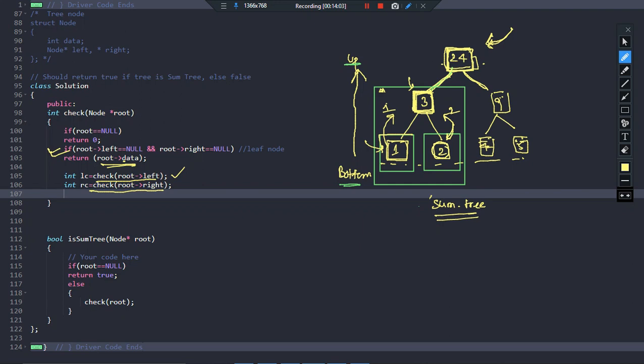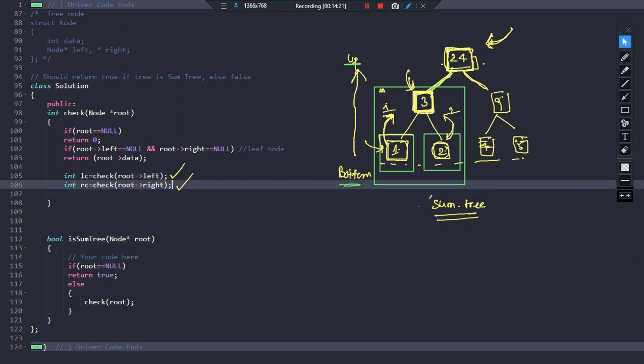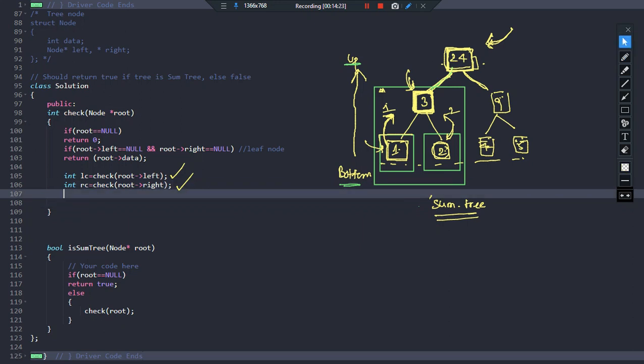Now again you are back to this node, which is the root node. Now 3 is here the root node, right? So what does it mean? It means that now you have already computed the value of the left and the value of the right. So as while designing the tree, I hope you are noticing that I wrote this 1, I wrote this 2, and then I just added them and filled it here, right? So the same thing will be happening here. Once you have received the value from the left and the value from the right, you will check whether left child plus right child is not equal to root data.